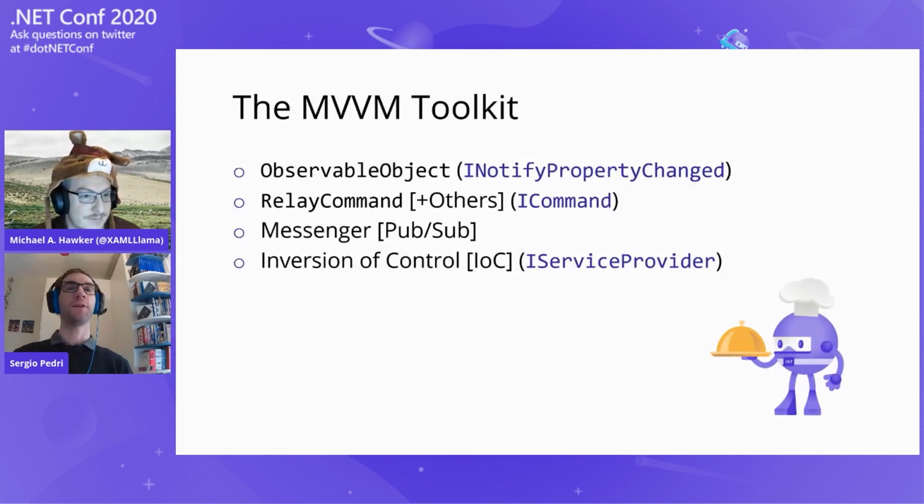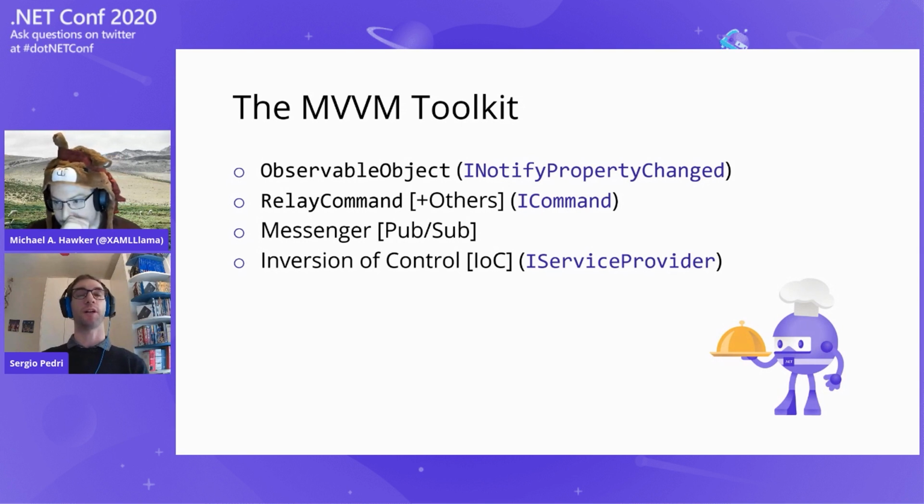All right, so here we can see how the actual MVVM Toolkit is structured. The MVVM Toolkit is composed of a number of building blocks that are organized around these 4 main categories that you can see here. The idea is that for the most part, all of the various APIs in these 4 categories would not rely on any of the other APIs in the other categories. So this makes it very easy for you to just pick up and choose the individual components that you need without being forced into necessarily having to use all of them. This is one of the core principles that we used to build the MVVM Toolkit from the start,